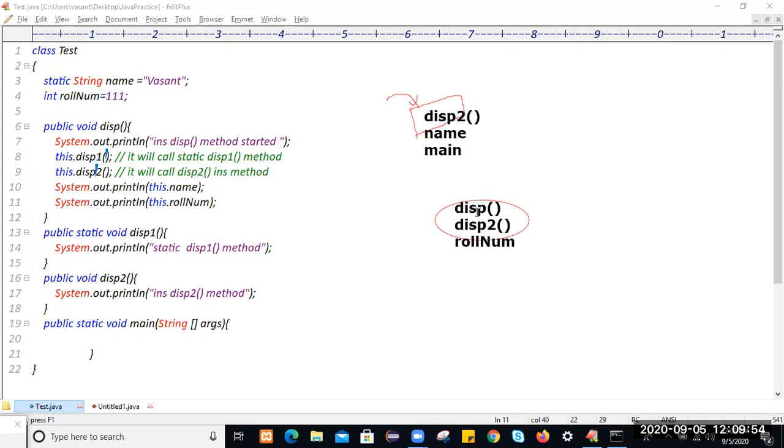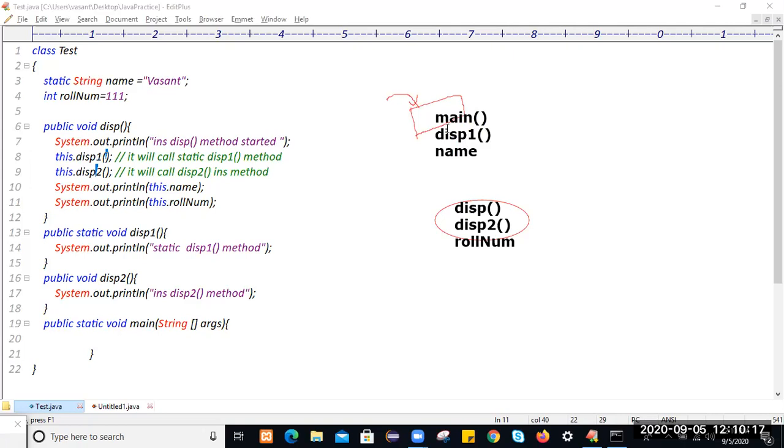The main method, this one and name are the static members of the class. The static members of the class belong to class memory.